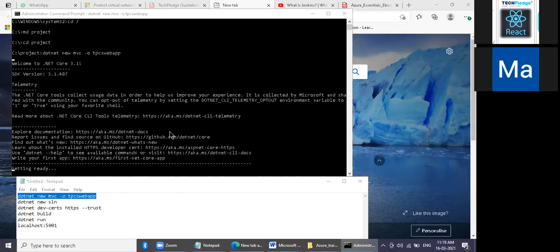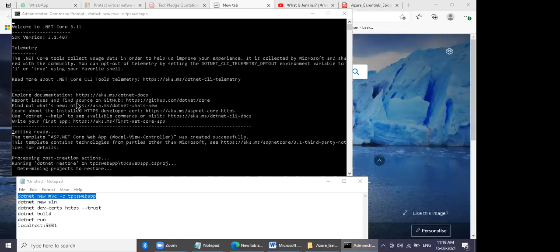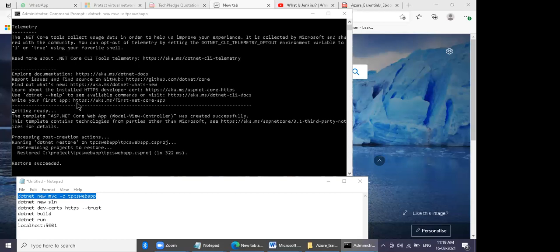So this is how a developer is going to work on a project. What is it going to create? It is going to create a project structure for you.